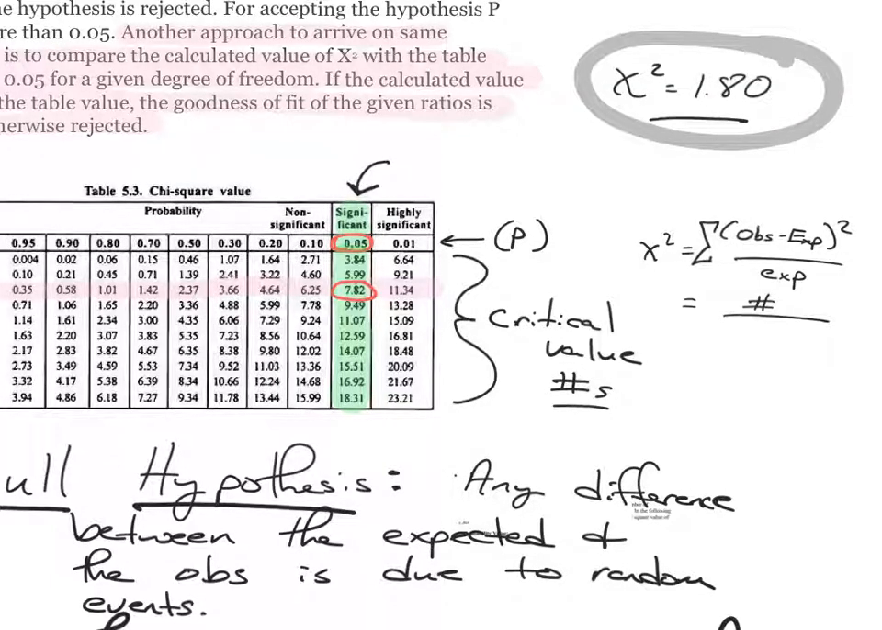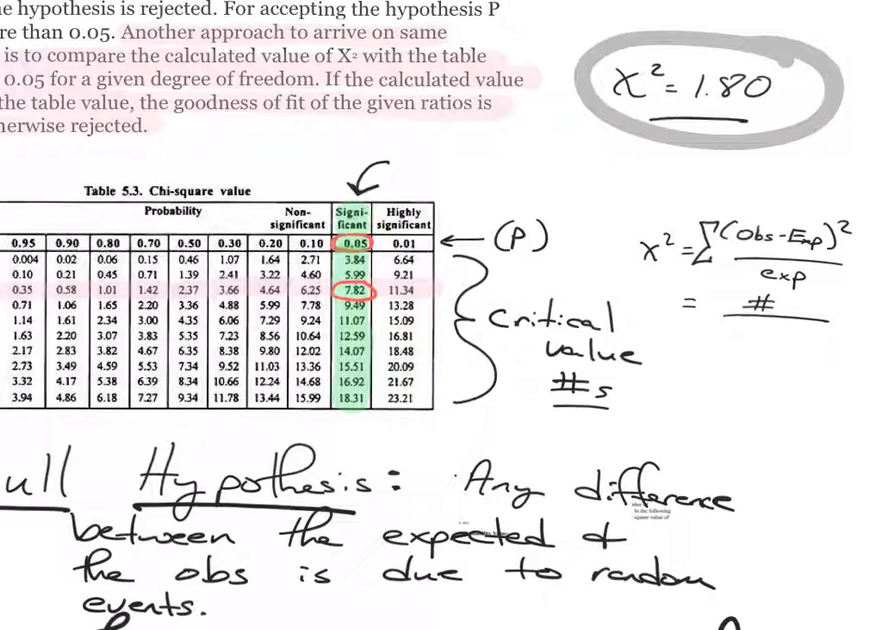Is 1.8 bigger or smaller than 7.82? So we accept the null hypothesis that there is no difference. The difference, which is 1.8, is not 0, right? 1.8 is not 0. It's not exactly on. There is a difference,